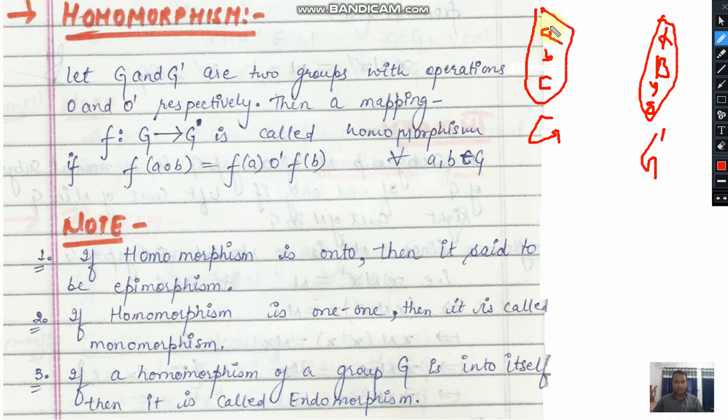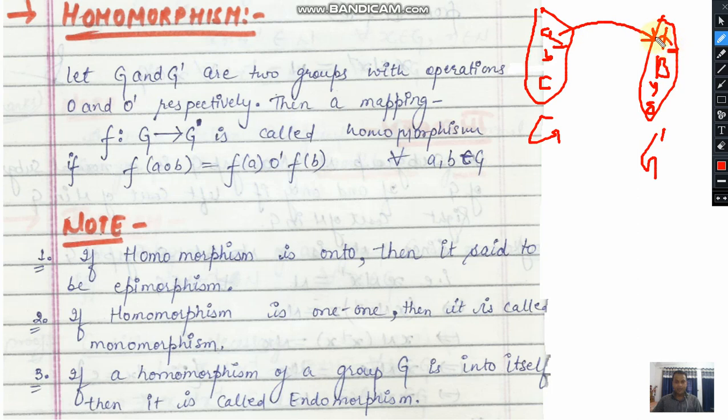Then association means the connectivity or link of the elements of group Z with the elements of group G dash. Let us suppose that A is mapped to alpha. It means A has some type of relation with alpha. Here I am using the word relation, but this is not the relation word generally used in discrete mathematics. Here I am just using it for the association of element A to element alpha, how these elements are associated with each other.